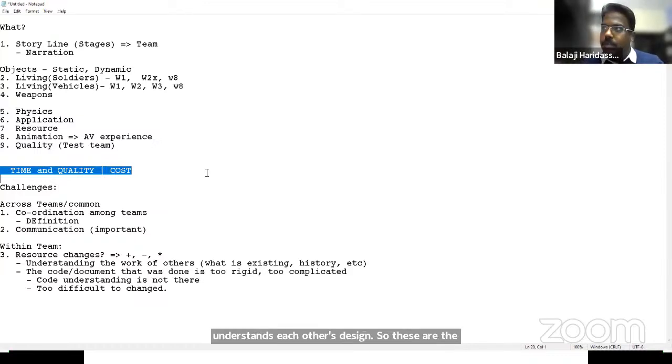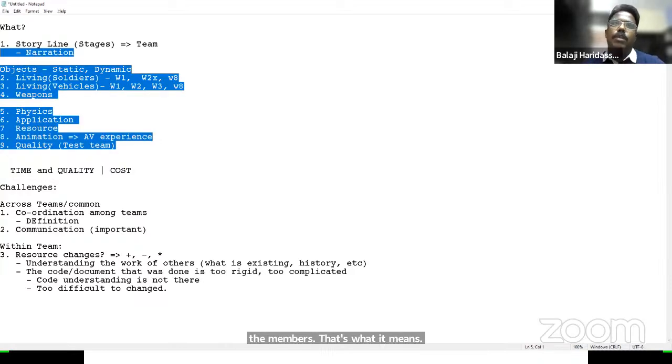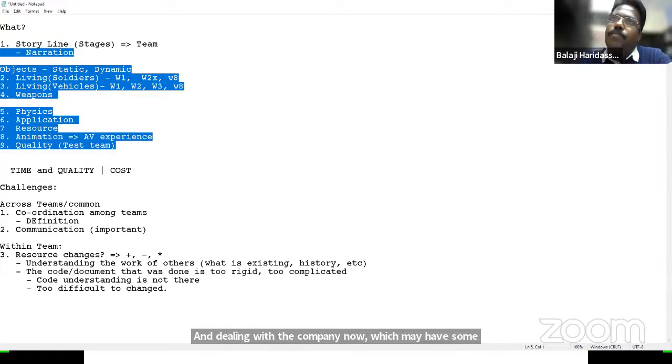If we can't do this, then there is no synchronization, not tech synchronization. I am talking about mental mindset synchronization among all the members. That's what it means. In a company which may have some 200 members in a project, it will become a nightmare for anyone to project manage this project. Forget about 200 members, where there is no process, no proper setup, even managing 5 members will become very difficult. So this is the idea and the problems that anyone faces.